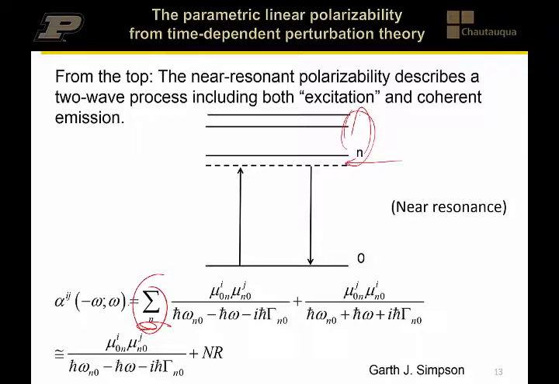The contribution from each of those excited states to the linear polarizability has to do with the magnitude of the transition to that state and the transition back down, and the energy gap between the virtual state and the real state. And so, for example, if we're considering just this red state, then it'll be the transition moment here and here that will describe it. I'll get to the second term over here in a minute. If I'm moving on to the next state,